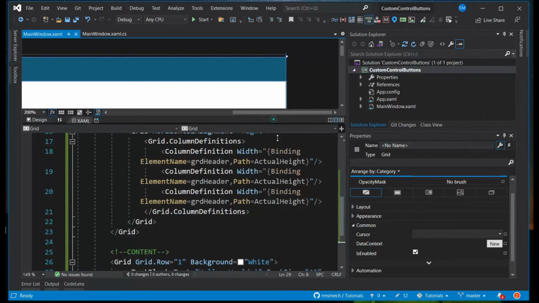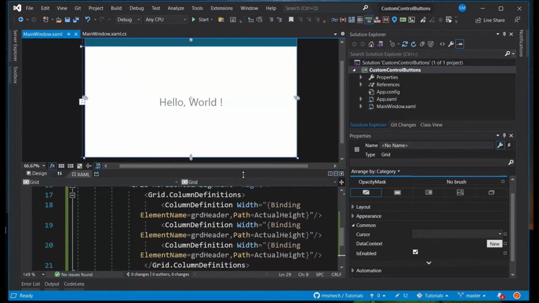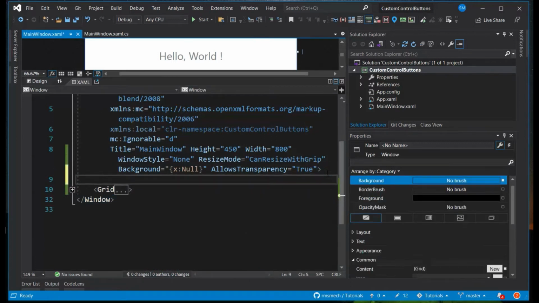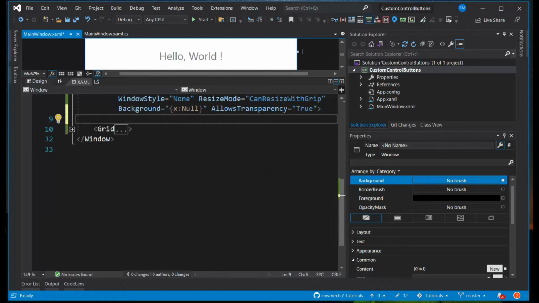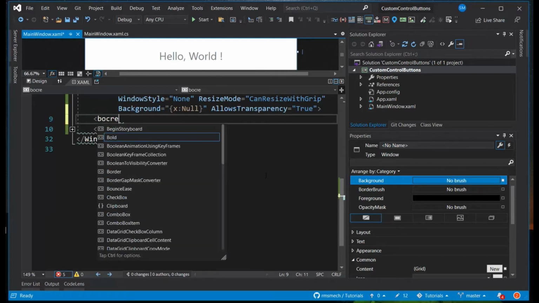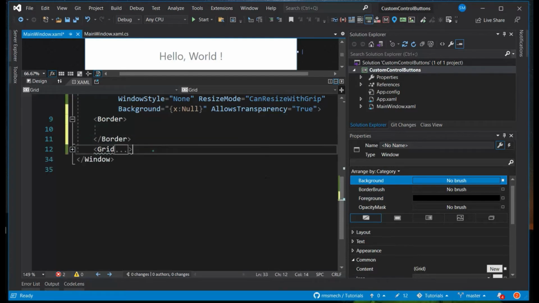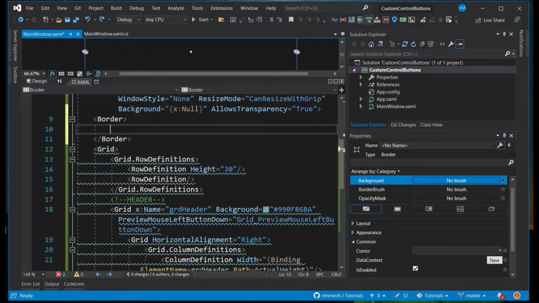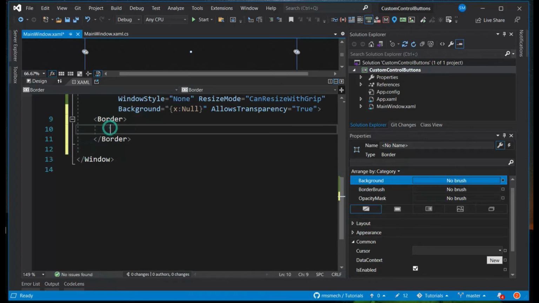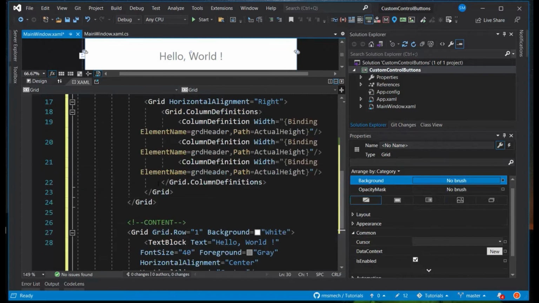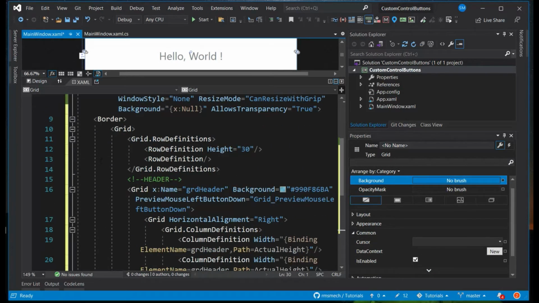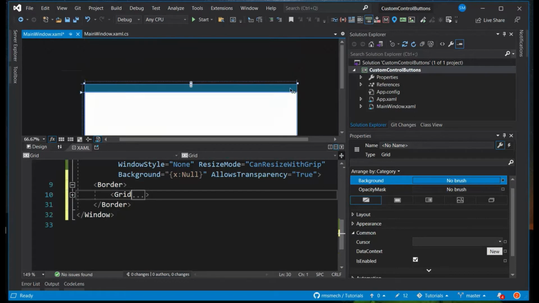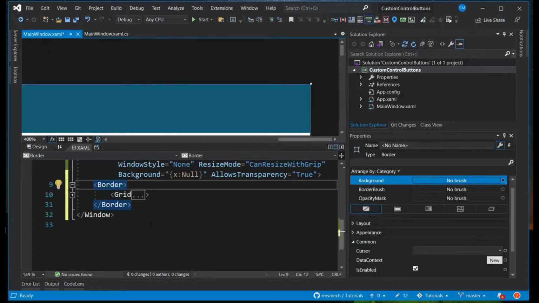And the next thing is I'm going to add some kind of round borders here. So when we speak about round, we need to enclose everything inside a border, and that will involve a lot of interesting things. First, let us add a border and put them all inside, because you cannot have multiple contents. If you see, then there will be an error: content is set more than once. There are only a few containers like grid, stack panel. Those can contain multiple contents, but border can contain only one content. Border, windows, everything. So now we have everything inside something called a border,